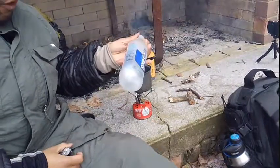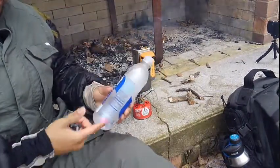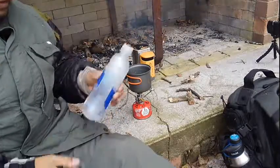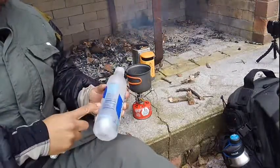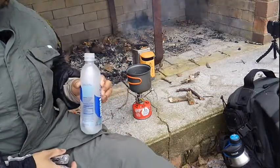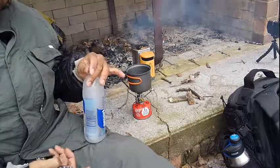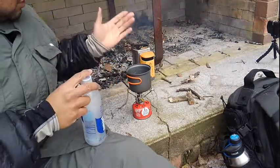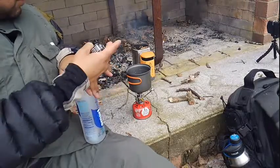You need to thaw this water. You can't thaw it in a plastic bottle. So I'm gonna turn my stove on. I'm gonna slice the bottom half of the plastic off, put the ice in here, and let it melt down. That way you'll get some water. Now of course the bottle will be useless and ruined, but hopefully you'll have alternative